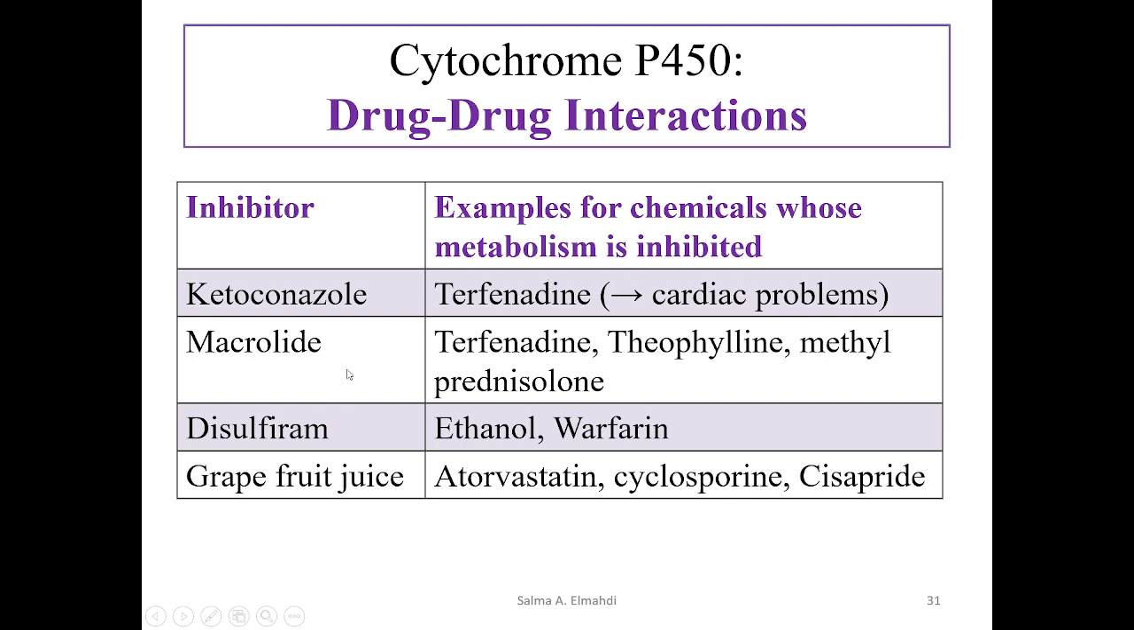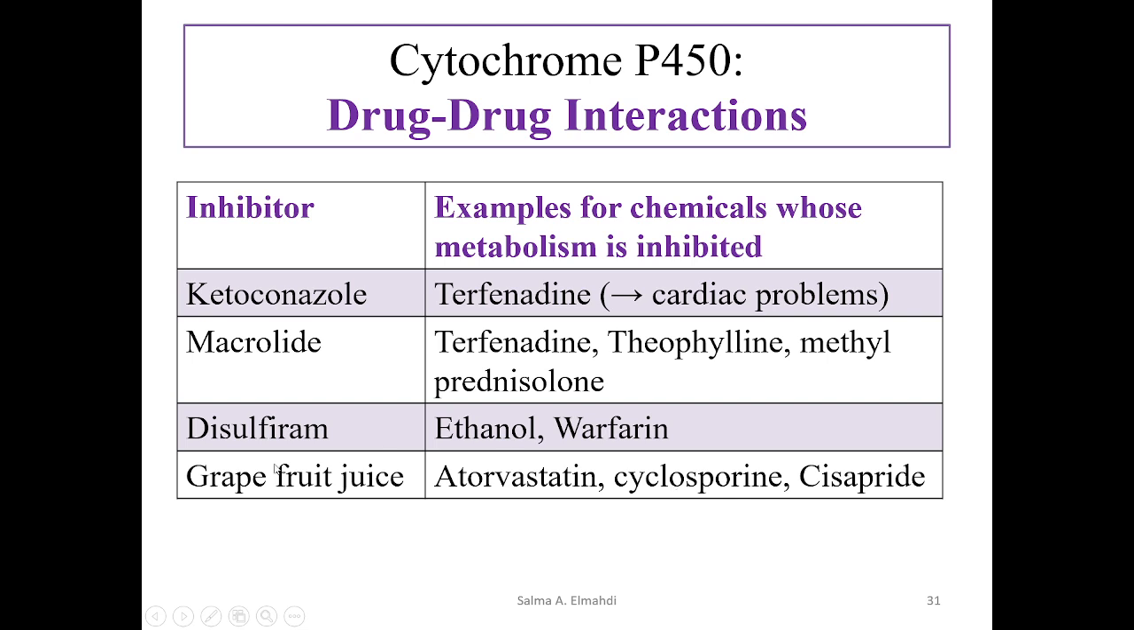Macrolide antibiotics such as erythromycin and azithromycin, when administered, can inhibit cytochrome P450, leading to accumulation of terfenadine and methylprednisolone, leading to different pharmacological effects. Grapefruit juice, for example, is an example of a natural substance that can also affect cytochrome P450. It will inhibit it, leading to an accumulation of atorvastatin, cyclosporine, and